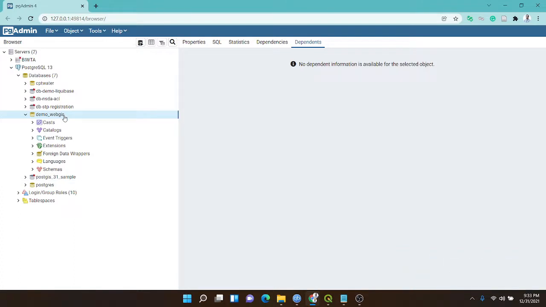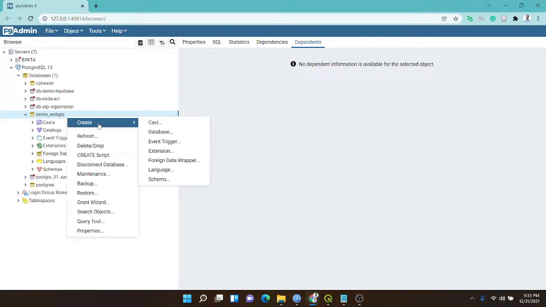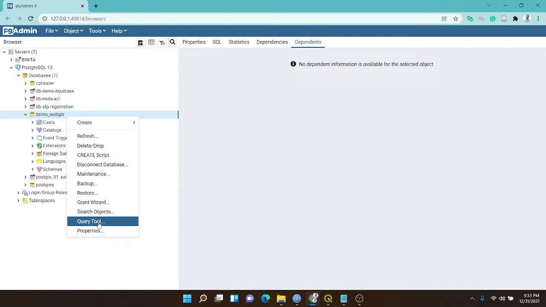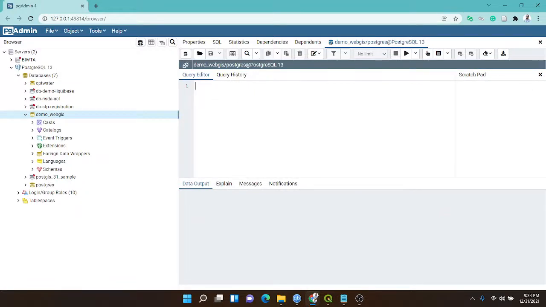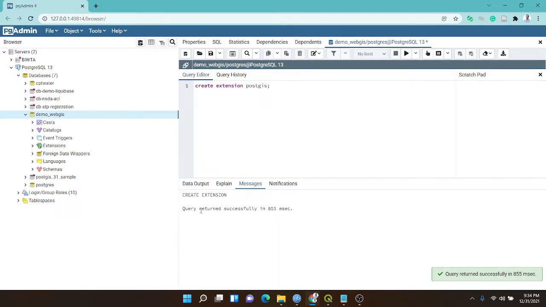In here we need to add the PostGIS extension. So I go to query tool and then I create extension PostGIS. I type this query command and then execute with this button. Then this is executed successfully to create the PostGIS extension in my database. So I remove it